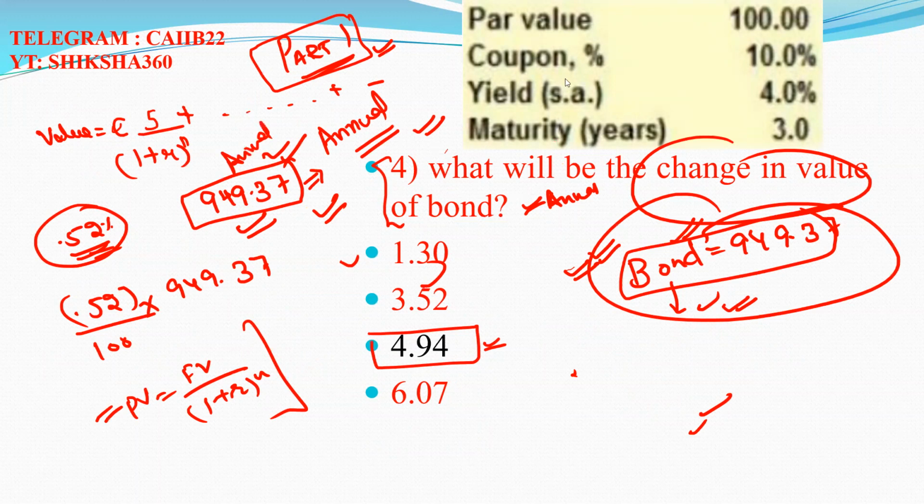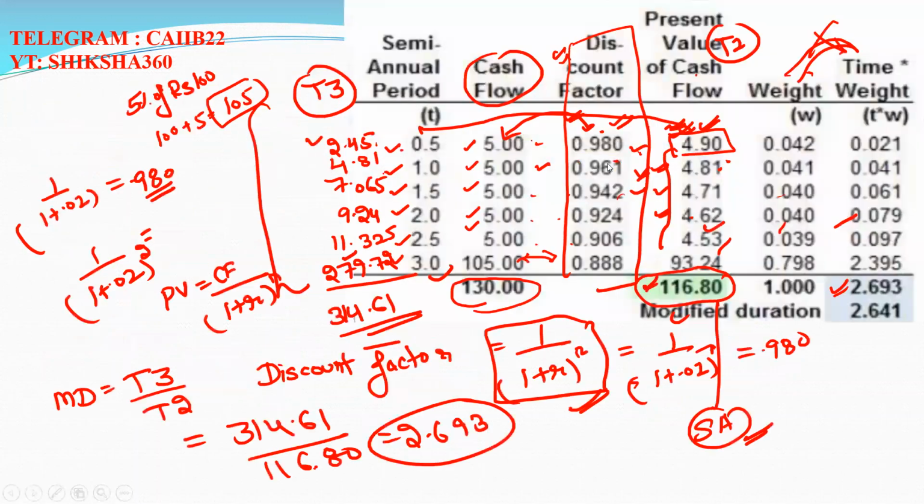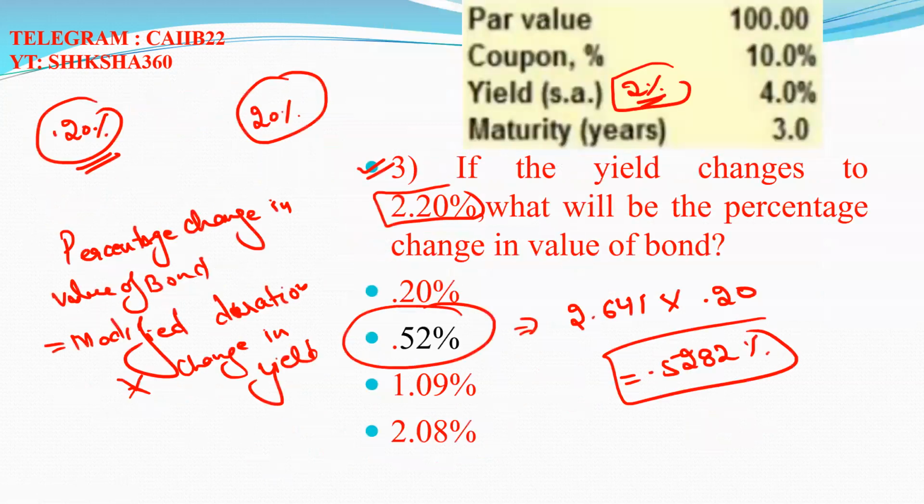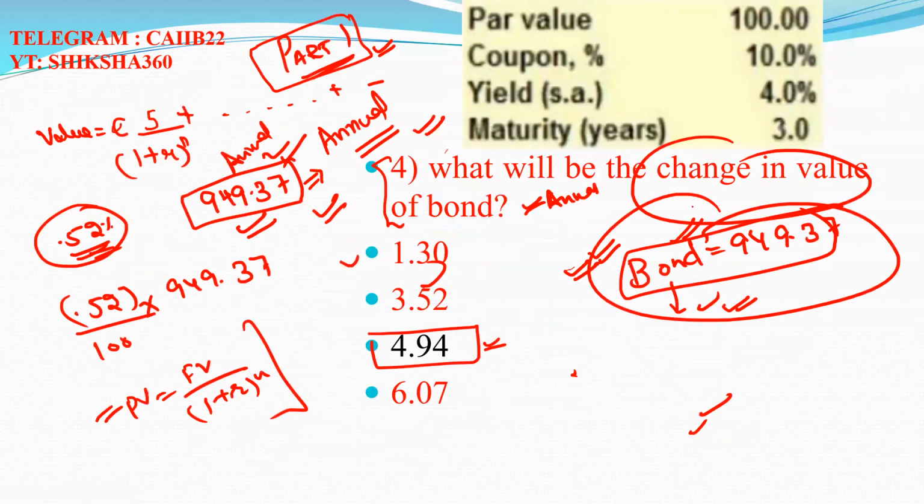And if they are asking with respect to the semi-annual, which we have already done, there is a little bit of confusion here, a little bit of change. Here actually I forgot to change it to the annual. Here they will ask with respect to the annual, and in that they will change the yield. We have to calculate the bond value that way. Otherwise, if we have to calculate the semi-annual,